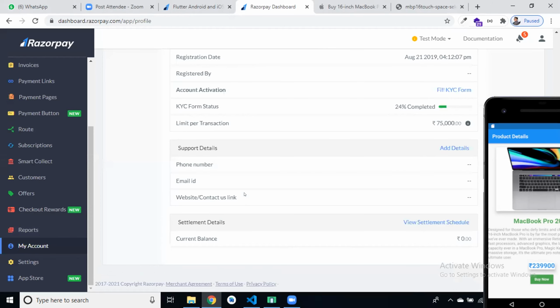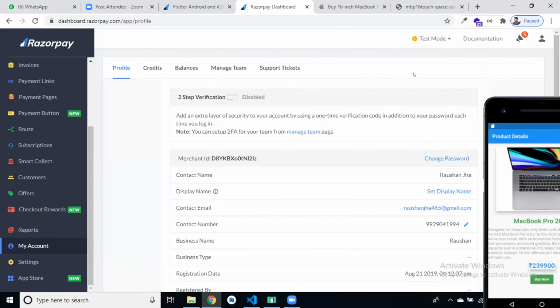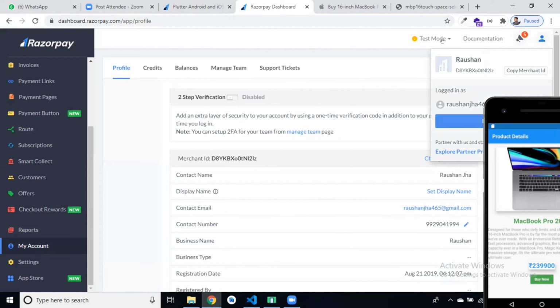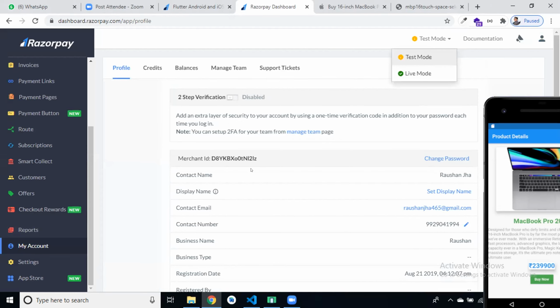In my account, where is it? This is the merchant ID, but we need our merchant key.